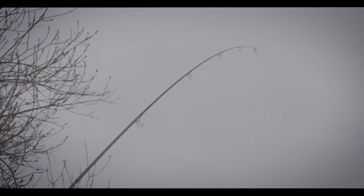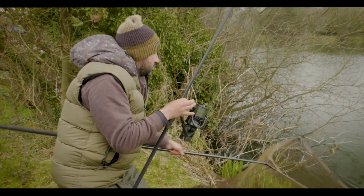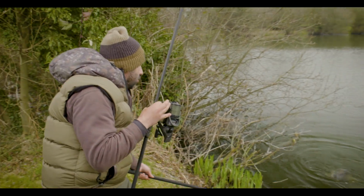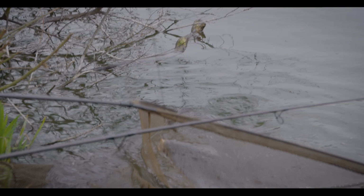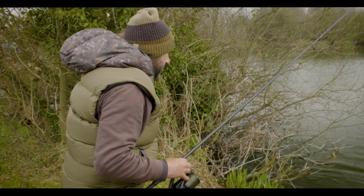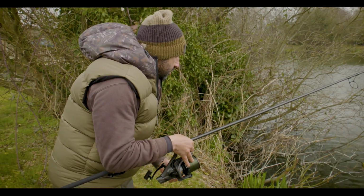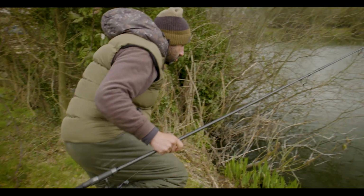It's a nice fish, that. We were just filming instructional content for the terminal tackle launch. Just when you didn't want one, one did come along. This is on the open water rod. So the white hook bait does the business again. And it's probably, I'd say, the biggest fish of the trip. Won't say how big. I don't think it's going to go 20 pound, but it's got a bit of ghost